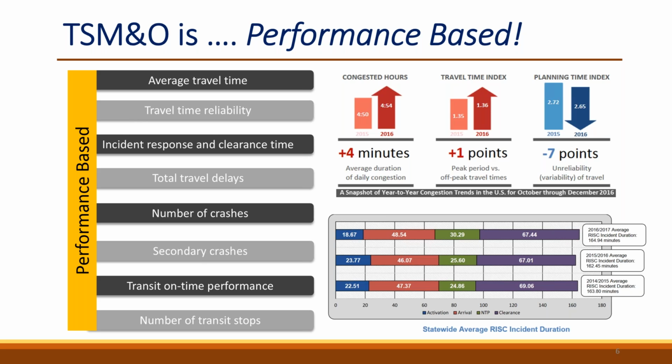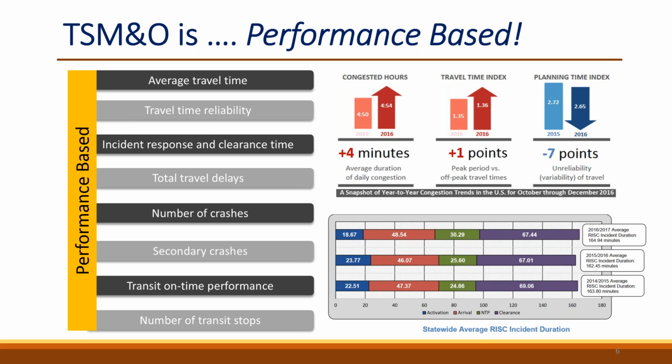So how do we minimize these secondary crashes? We need to make sure that the incident is cleared as quickly as possible. And that information is disseminated to the public saying that we have an incident downstream, so drive cautiously or detour if possible. So these are some of the strategies that we could use in order to minimize or totally eliminate secondary crashes. And in the next slide, I will discuss that TSMO is multimodal.